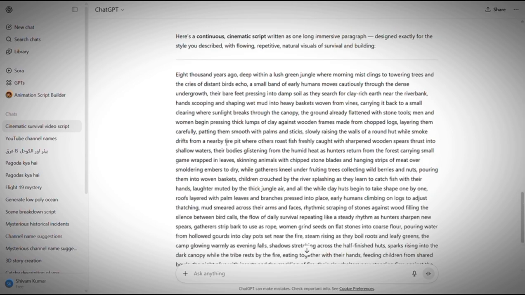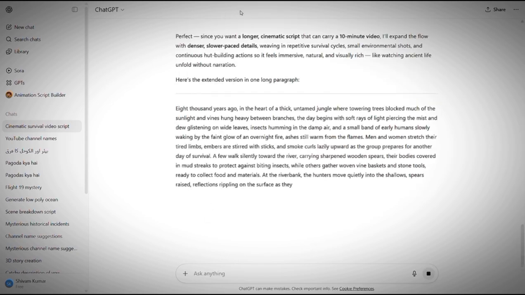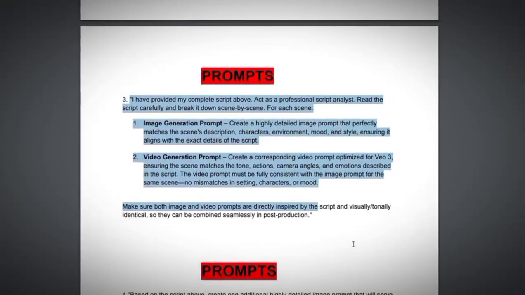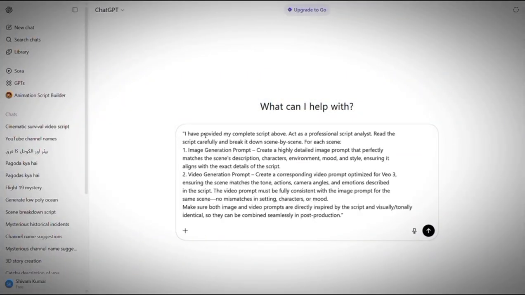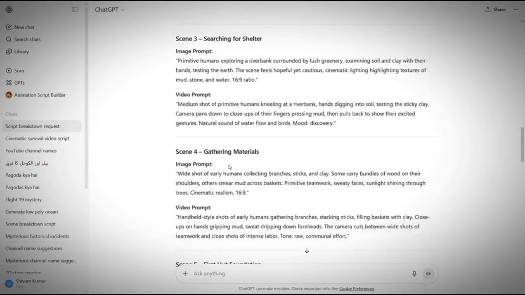And if you want a longer, more detailed script, simply type "make it longer" and it will expand it further. Now that we have our script, it's time to bring it to life with visuals. This is where AI really shines. Copy the third prompt from my guide, paste it into ChatGPT, and it will automatically generate scene-by-scene image prompts and